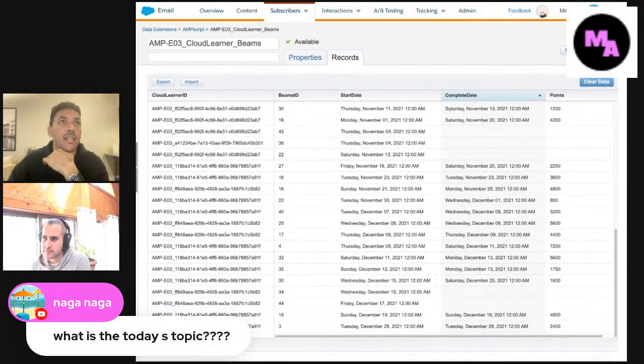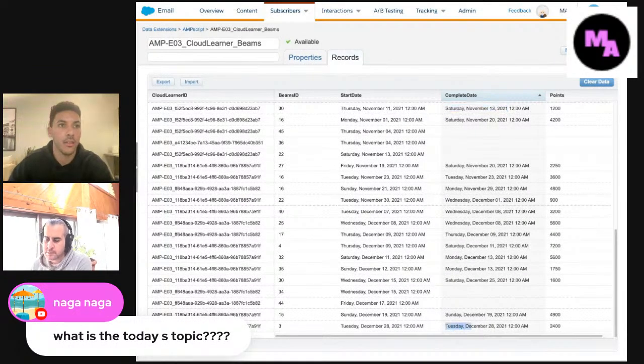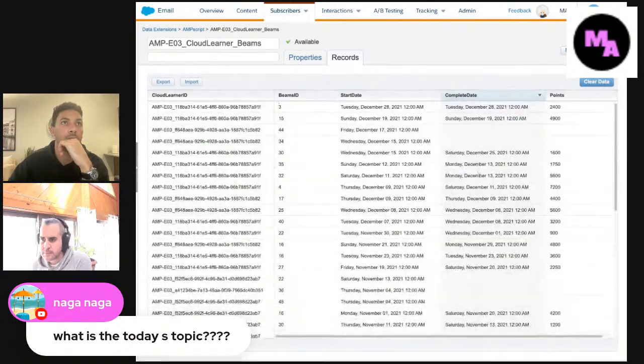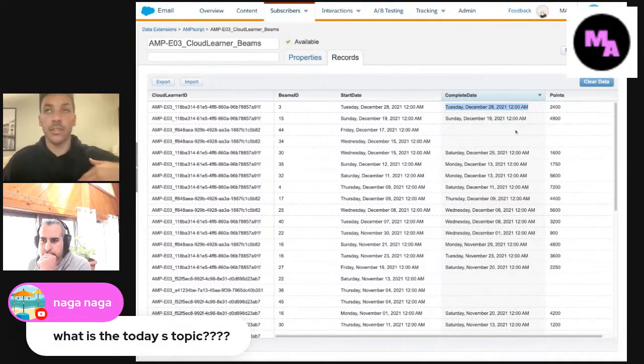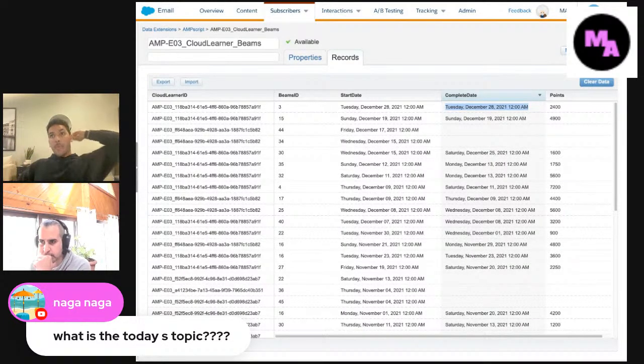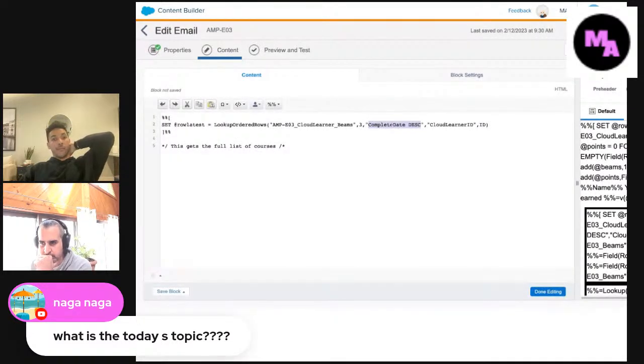Because if you look at this, it's saying Saturday, November 13th, 2021. And at the very bottom, it's saying Tuesday, December 28th. We all know December 28th is later. So if you're going descending, you're starting from Tuesday, December 28th, the top basically. In this case, the thing that's closest to us. So you're saying completed date is in descending order right here,